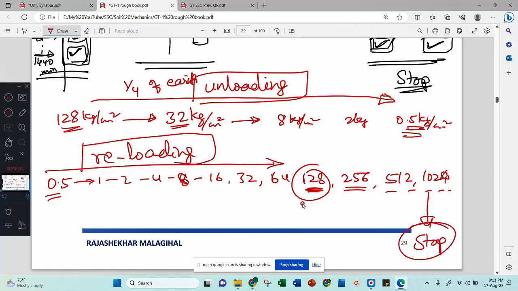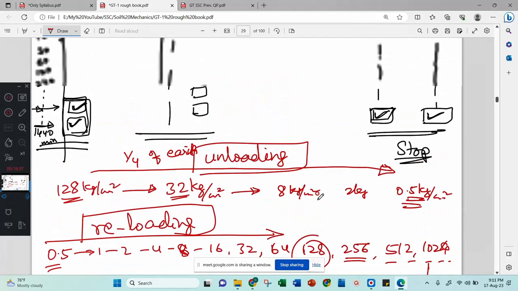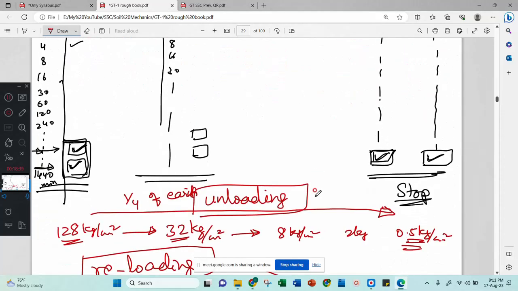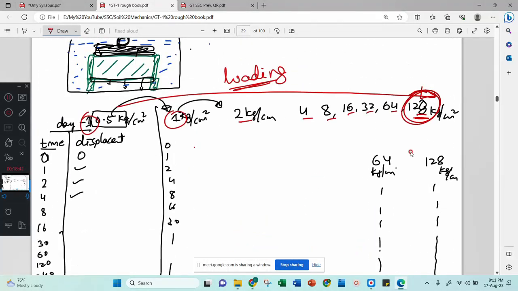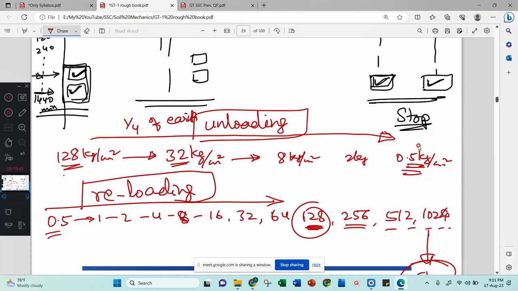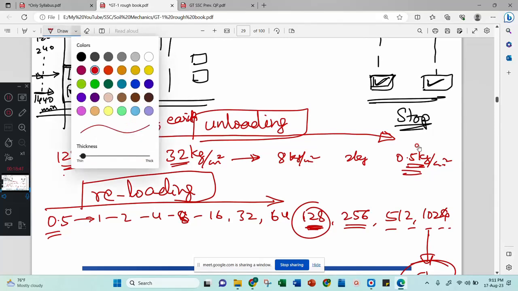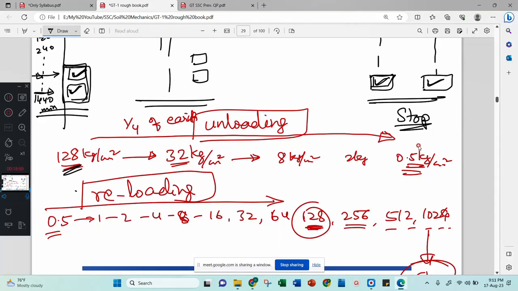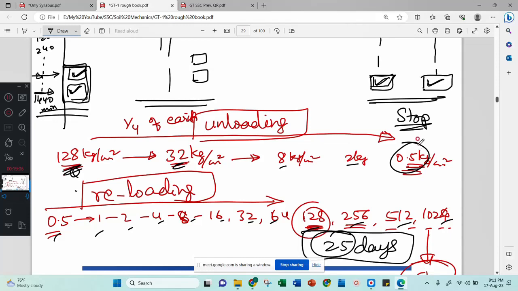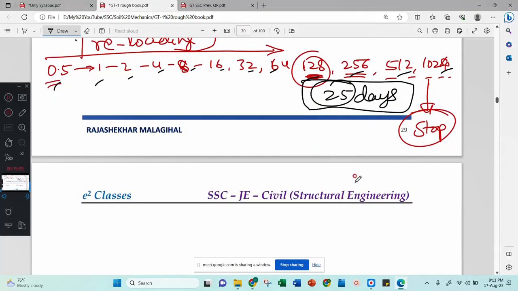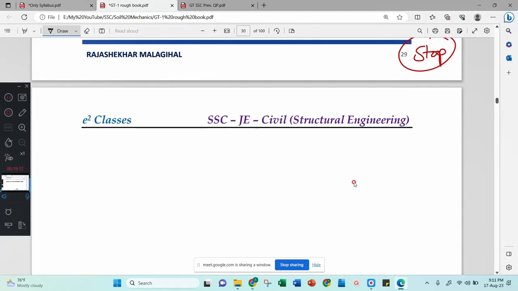Now one of you asked me how many days or how much time the consolidation will take. Then you can answer me: on the ninth day you have applied 128, and then the 10th, right? Here the 10th day, sorry, this is not the 10th, 11, 12, 13. On the 13th day you came again to 0.5, then 14, 15, 16, 17, 18, 19, 20, 21, 22, 23, 24, 25. Total 25 days is the experiment, without disturbing any initial conditions. Right? What happened in these 25 days? In these 25 days, we have witnessed loading.